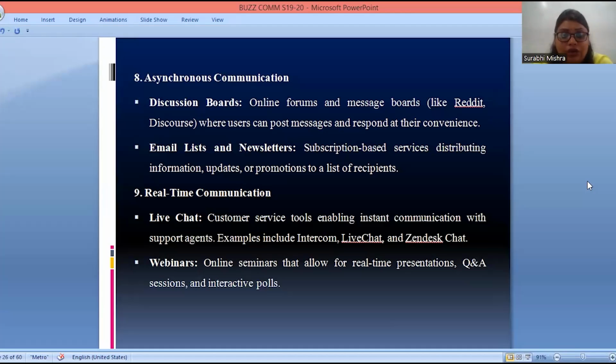Next comes real-time communication. When we talk about real-time communication, it is synchronous communication, because we are able to get immediate feedback, right? For example, live chat, where customer service tools enable instant communication with the customers. They support the agents also, for example, Intercom, live chat, Zendesk chat.